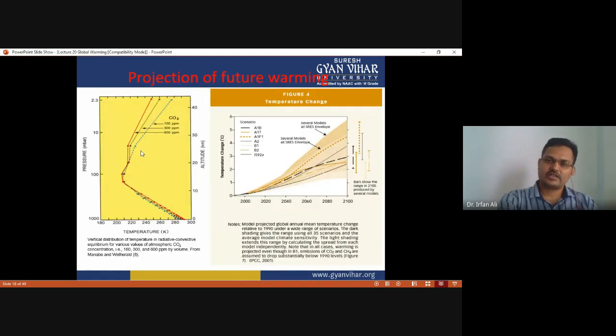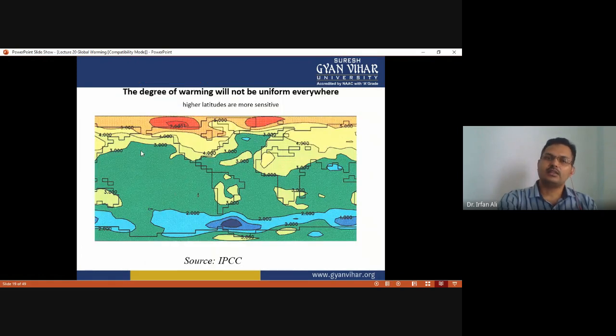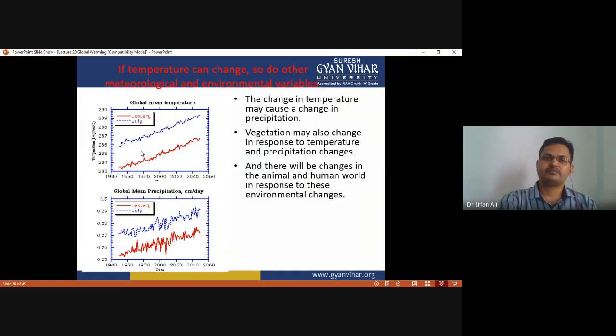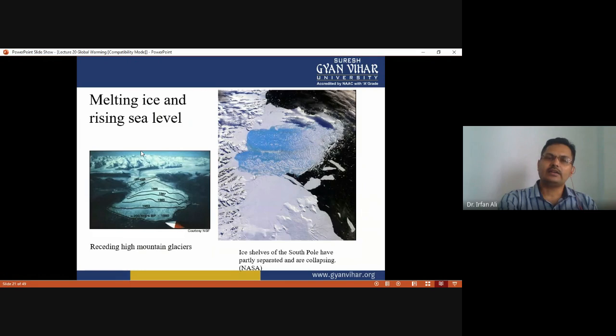Then the future projection of global warming, and the degree of warming will not be uniform everywhere. The higher latitudes are more sensitive to global warming, and if the temperature changes, so do other meteorological and environmental variables, like precipitation, which ultimately affects biodiversity, and melting of glaciers,